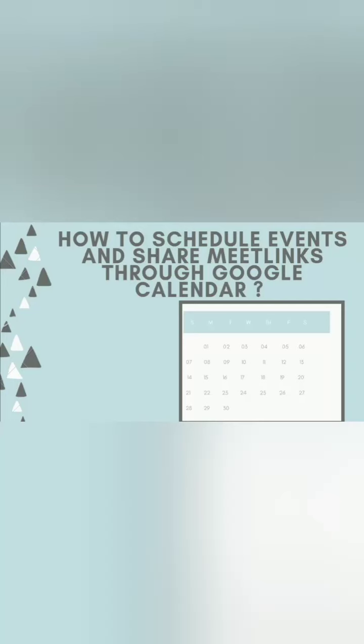Hello everyone. Today we will see how to schedule an event through Google Calendar and then get a link for video conferencing, that is a Google Meet link, and share it with others. For this purpose, you will have to go to the Play Store and install Google Calendar on your mobile. For the same on your laptop, you can go to the nine dots in Google Chrome, move on to Calendar and do the same activity there.